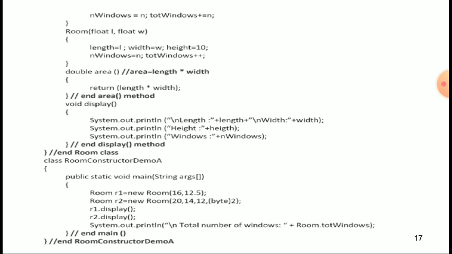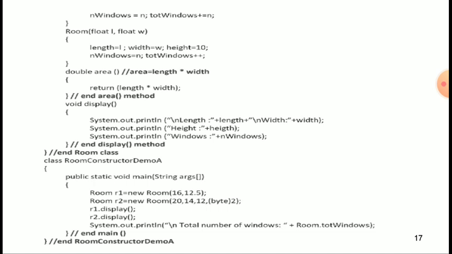Void display, starting curly brackets, System.out.println the length, System.out.println height, System.out.println windows. So end of the display method, end of the Room class. Class RoomConstructorDemo, starting curly brackets, public static void main(String[] args), starting curly brackets, Room r1 equals new Room(16, 12.5).